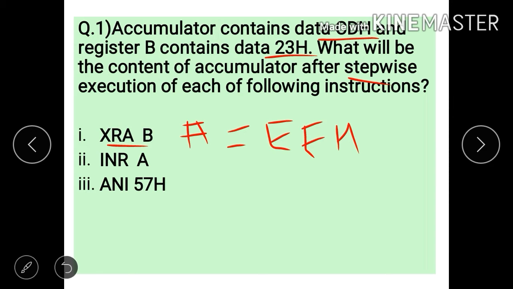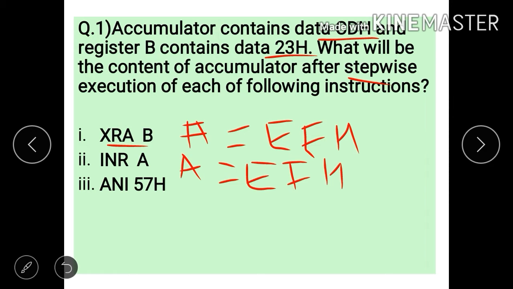In INR A, we will increment the content of the accumulator by 1. So if the result of INR A is EFH, then for the next instruction ANI 57H, in this